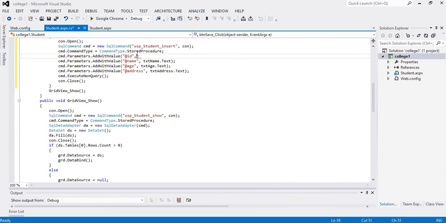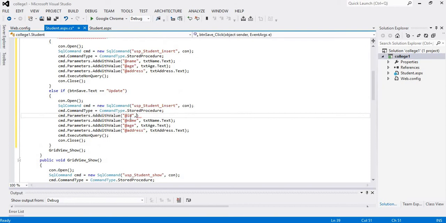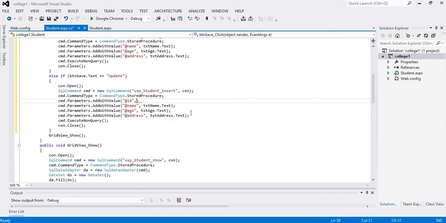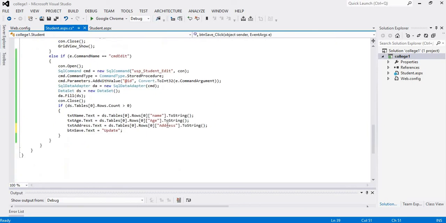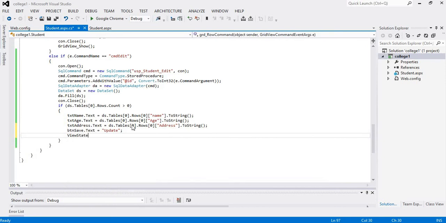We need to pass the id here, but as we can see that we don't have current id in our btn save function, we can see that our id is present here e dot command argument. So we will pass our id to the view state. View state will help to preserve our id, and then we will use it in the above function.